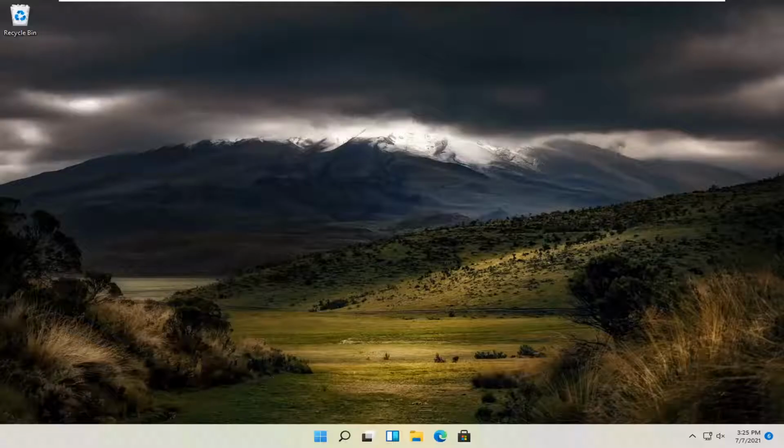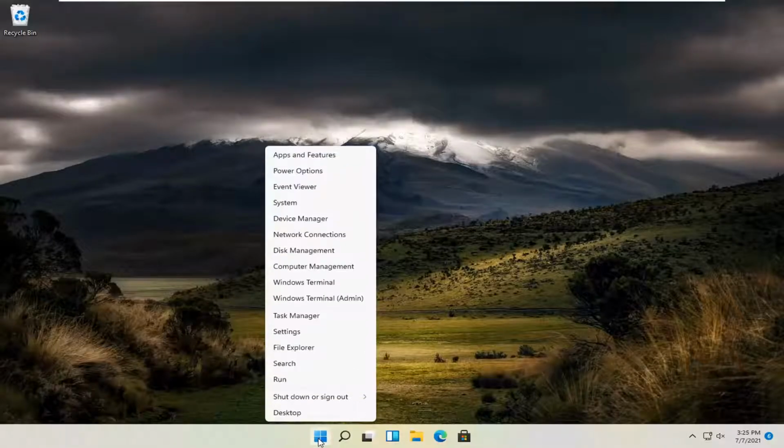In today's tutorial, I'm going to show you guys how to change the color on your Windows 11 computer. So it should be a pretty straightforward process here, guys, and without further ado, let's go ahead and jump straight into it. So all you have to do is right click on the Windows Start button, and you want to